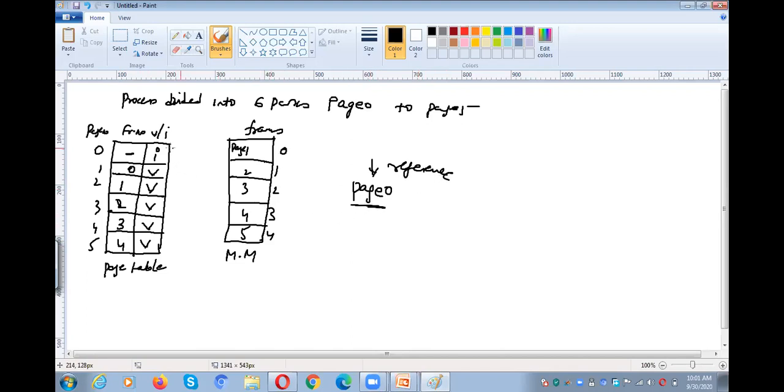So now we need to check in the page table. It is not in the main memory, so it is invalid. So what do you have to do? Page 0 is not in main memory, so there is a trap to the operating system. The operating system will check in the disk backing store.